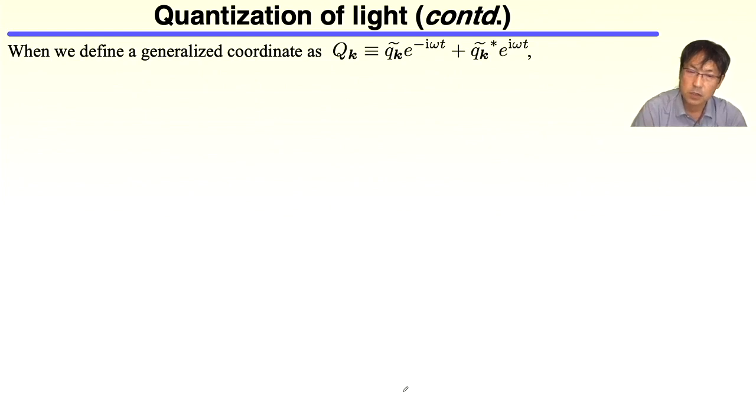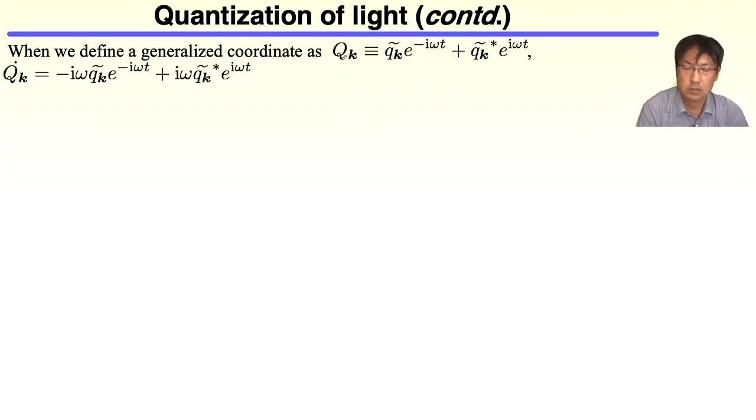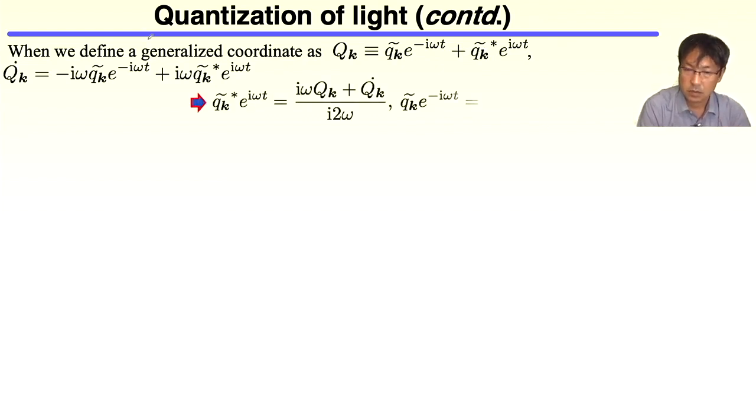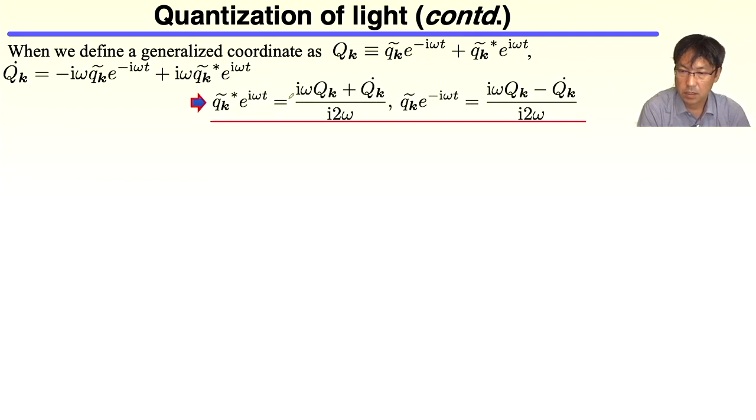Then further, we define the so-called generalized coordinate as large qk, like this one. You can notice that large qk is a real number. Importance is this time-dependent exponential term is added. When we define this quantity, we can get the time derivative qk dot as this one, because small qk tilde and its conjugate are time independent. So then this quantity is expressed by using the large qk and large qk dot, and